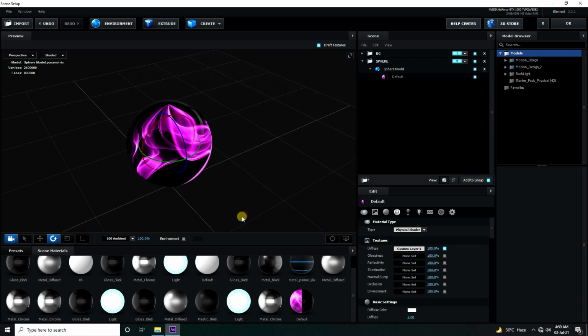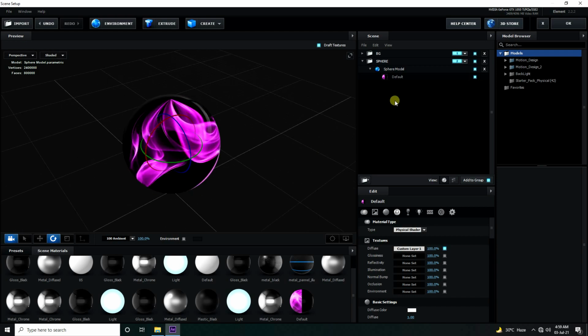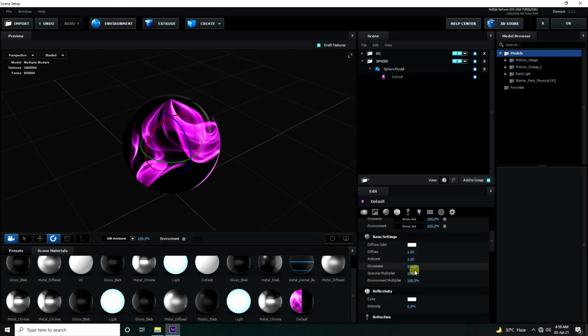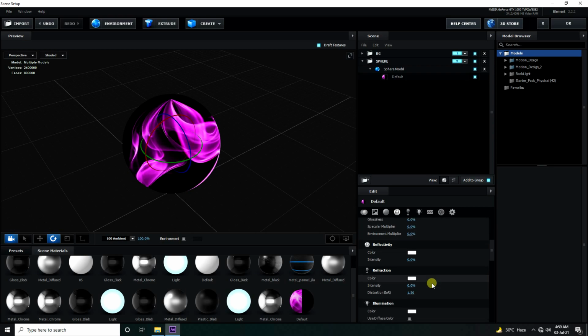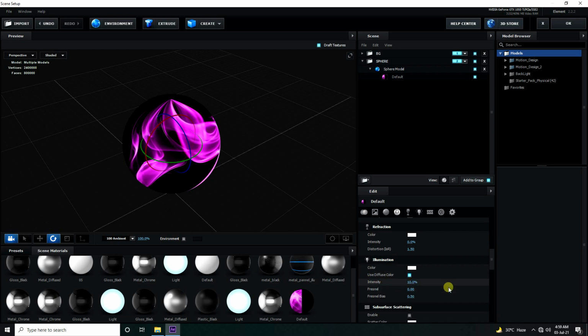Yeah, very good. Okay, so now guys, I create a transparent effect. So select this material and go to basic setting. Guys, glossiness 0, specular multiply 0, environment multiply 0. Yeah. And guys, go to illumination, click, and intensity, I like 10 is good.